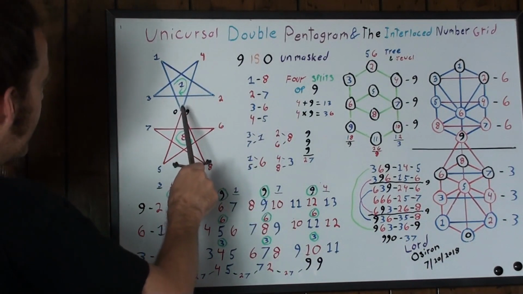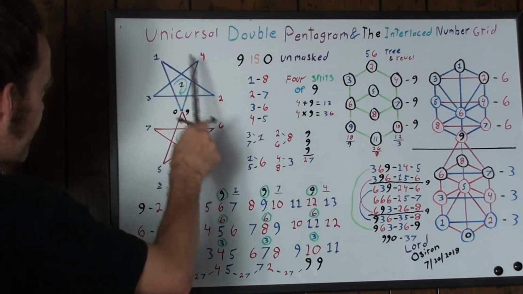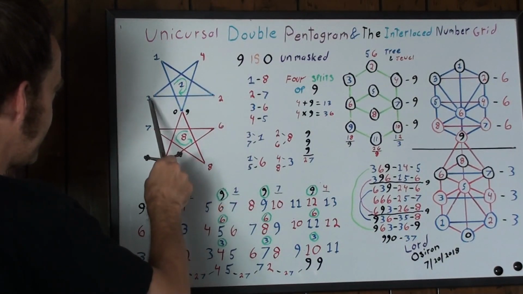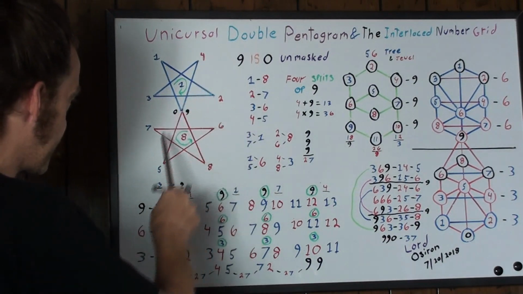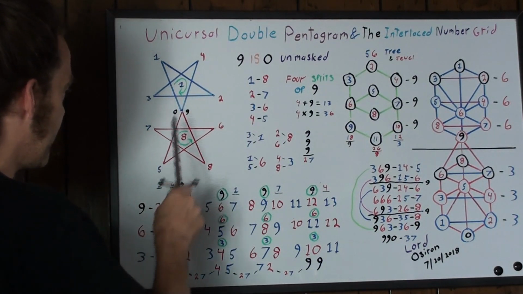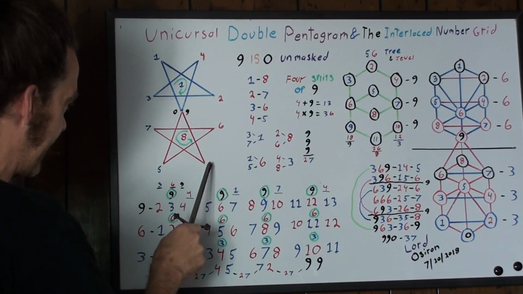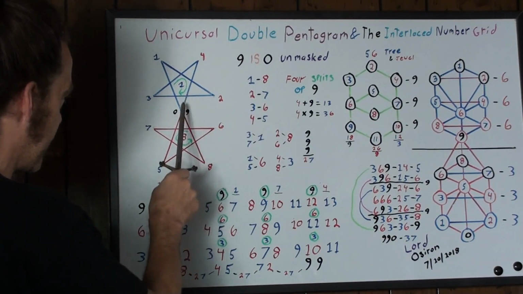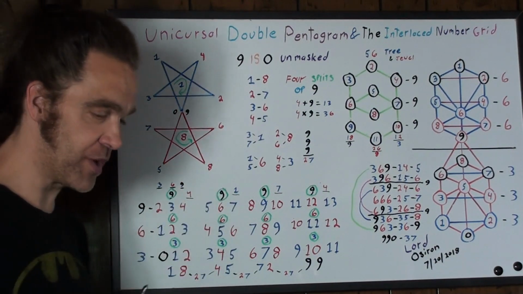So what happens is, you're at 0 point, it goes up to 1, you follow this line to 2, follow this line to 3, follow this line to 4. Now this line shoots straight through, and you put 5, follow this line to 6, this line to 7, this line to 8, and this 8 line goes back to the center with 9. So this is a completely congruent,